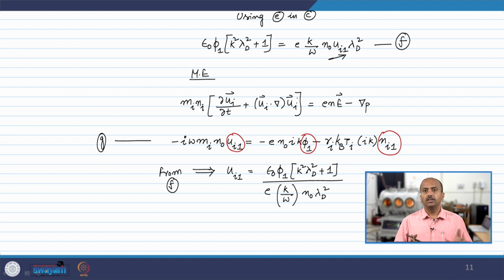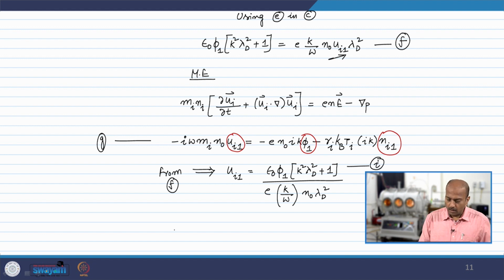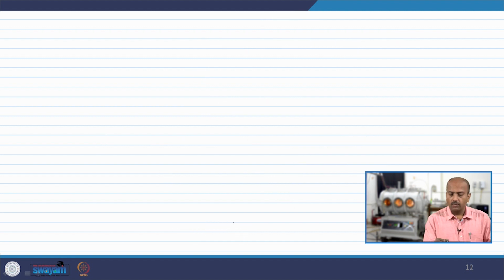Just try to understand how we are combining equations and trying to get the dispersion relation. What is the method? The method is the linear perturbation theory, right? So from F we can write ui1 as this, right? So let us substitute for ui1. Let's say we call this equation number I. Using equation number I in G, we will write minus I omega mi